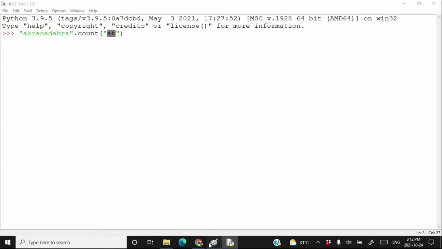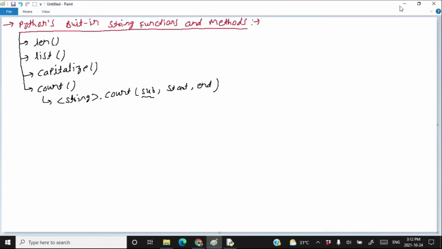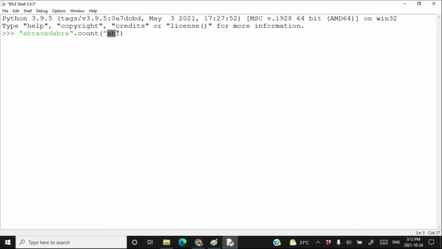That's what I have written here: you have to count sub. Here the substring AB is sub. Sub means substring. So this substring you want to count in the given string, how many times the substring AB has appeared in this string. First let's count manually. One time, okay, second time, okay, so it appeared two times. Therefore in abracadabra the substring AB appeared two times.